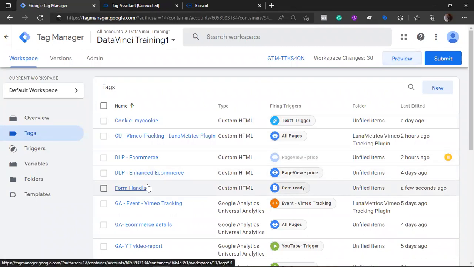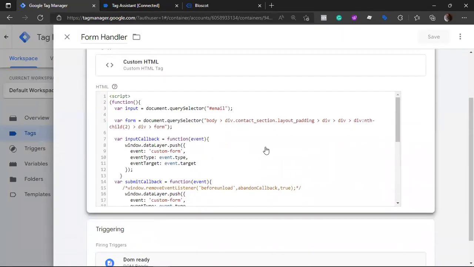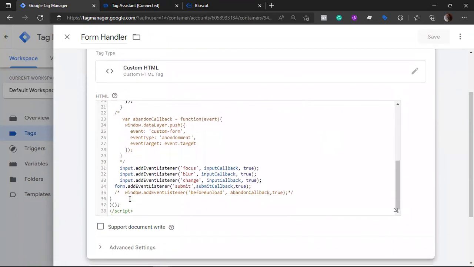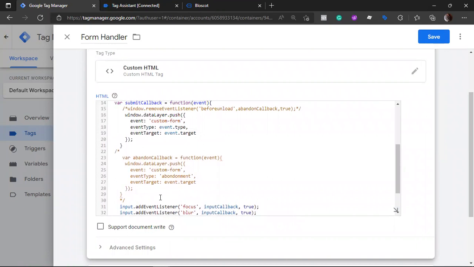We first click form handler, and inside the custom HTML, let's just add another event listener for window. Here we are saying window.addEventListener, and we are saying that before unload, before the user is navigating to another page and abandoning the form, we are calling a function abandon callback, right? And if we uncomment this here,